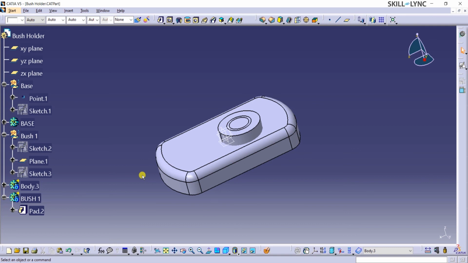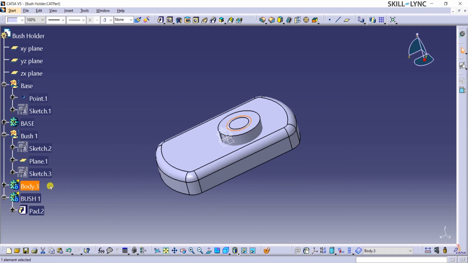Add, subtract, and intersect are similar to mathematical Boolean operations. With add Boolean operation, we can add or combine two part bodies from the specification tree. Remove helps with subtracting one part body from another. Intersect command helps keep the intersecting area of the two selected bodies and remove the remaining part. We will use few of the Boolean operations in this exercise.